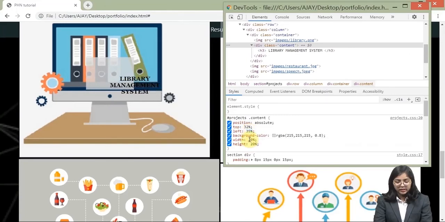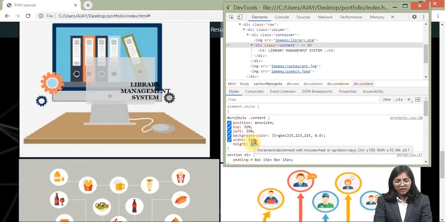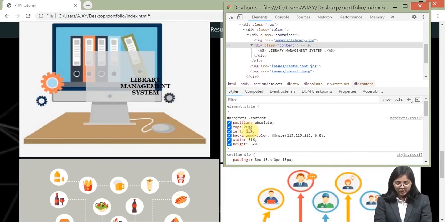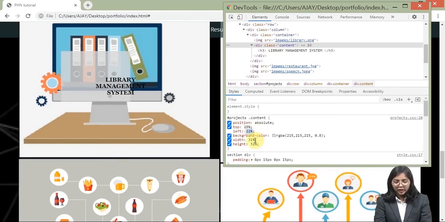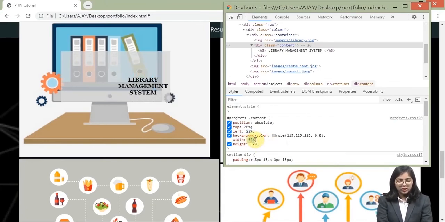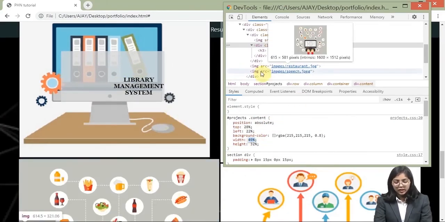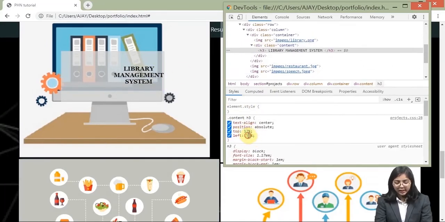Now let's just increase its width and height as well. Okay, in this way you can position it in the way you want to. Okay, like I want it to be in the center. It's not necessary that even you want the same for it. Okay, you can increase or decrease this particular numbers according to your wish. So this is my library management system. Okay, now let's just arrange the content over here, and now let's just align the left. Okay, so either you decrease it or increase it, it's on you. So I think I have positioned it now.